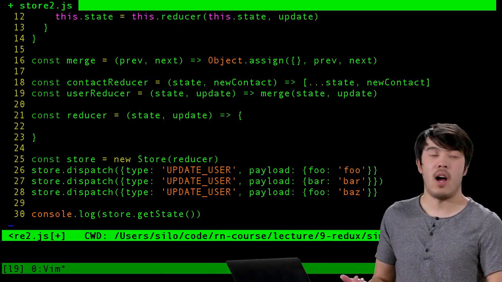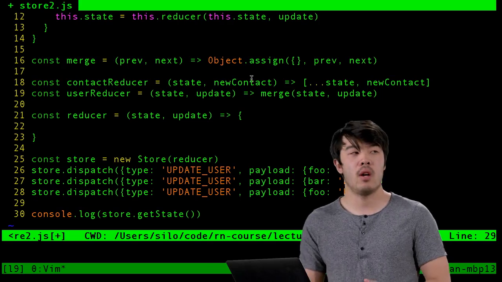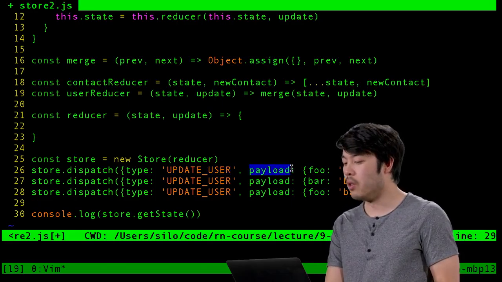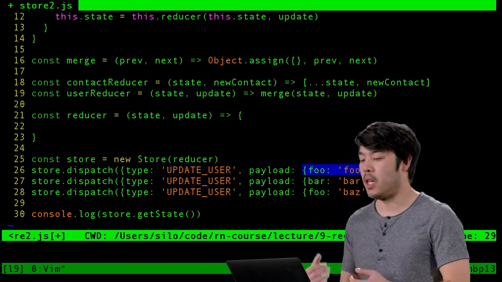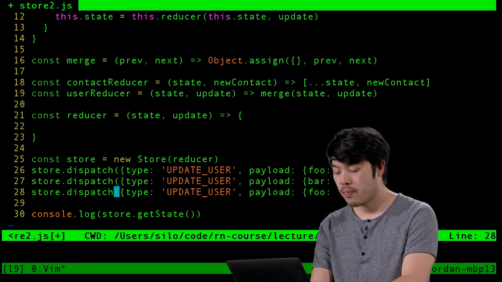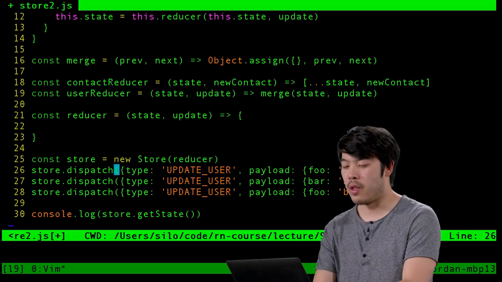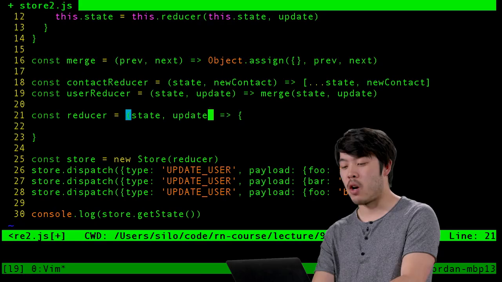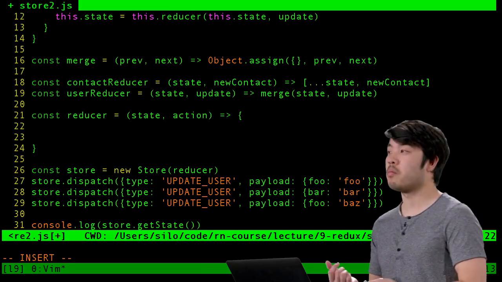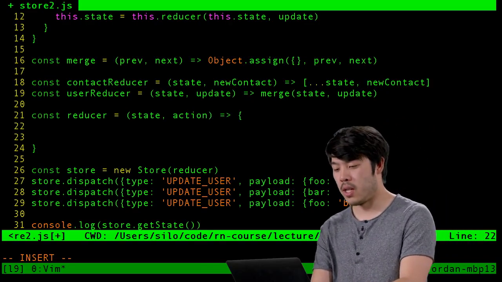So now it looks a little bit more complicated. Our actions are no longer a simple object. Now they're a nested object where they have a type that is letting us know that we should be updating the user. And it has a payload, which is just letting us know how we should be updating that user. And there's a syntax error here. And so now let's actually look for that type in our reducer. And so now, rather than passing a state and an update to a user, now we're passing a state and an action. And so now we have some sort of signal about what part of the state we should be updating. And so let's do if